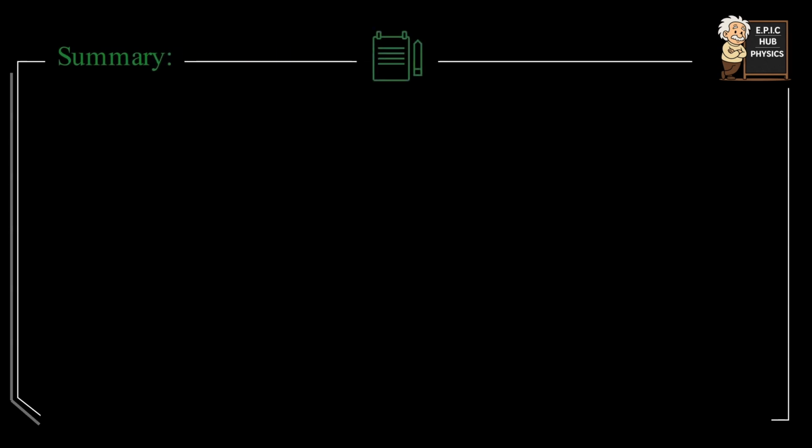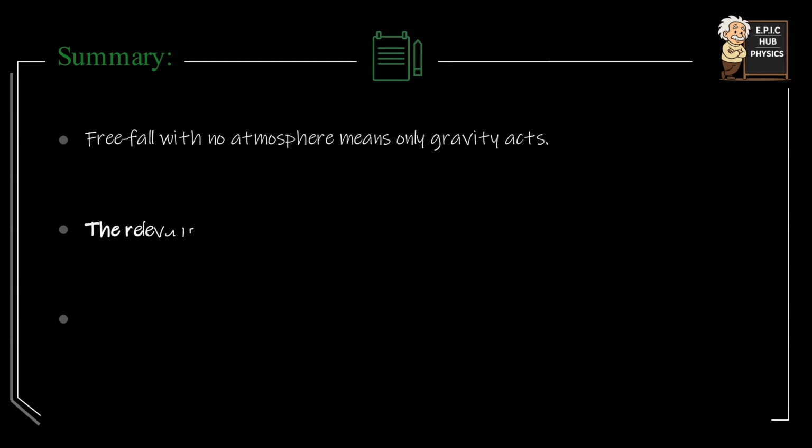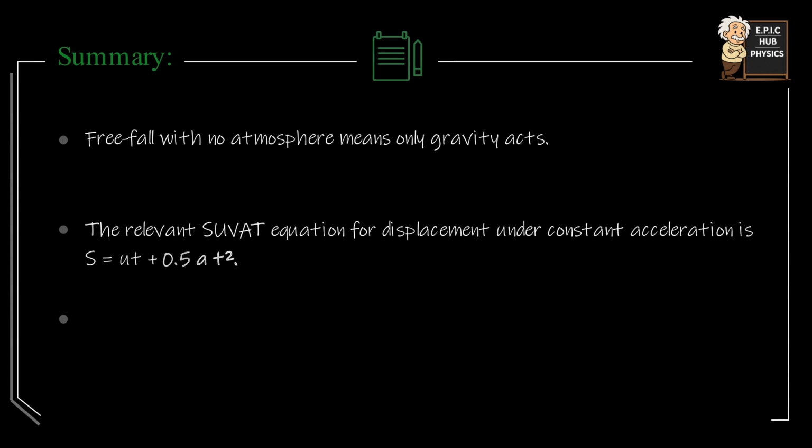Here are the main concepts applied in this question. Free fall with no atmosphere means that the only force acting on the object is gravity. The relevant kinematics, or SUVAT equation, for displacement under constant acceleration is S equals ut plus 1/2 at squared. When an object is dropped from rest, the initial velocity is 0,